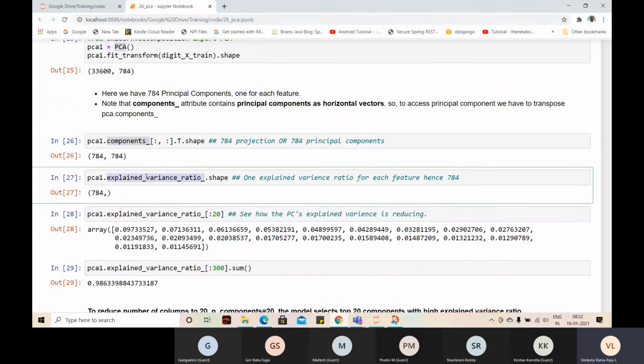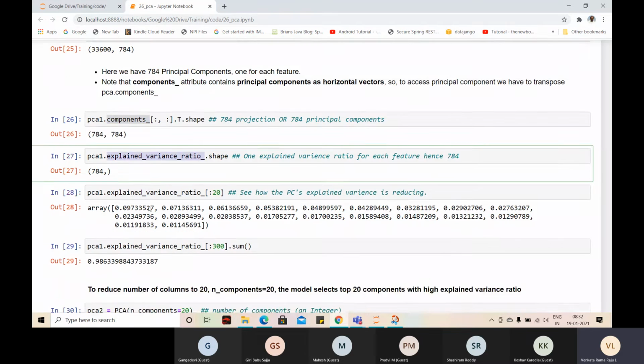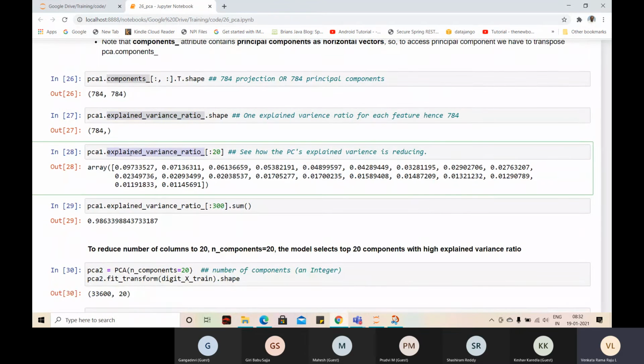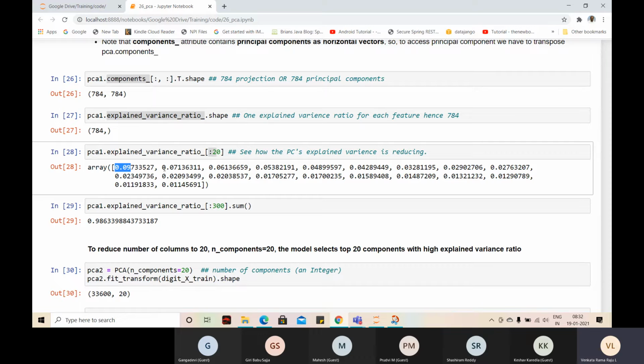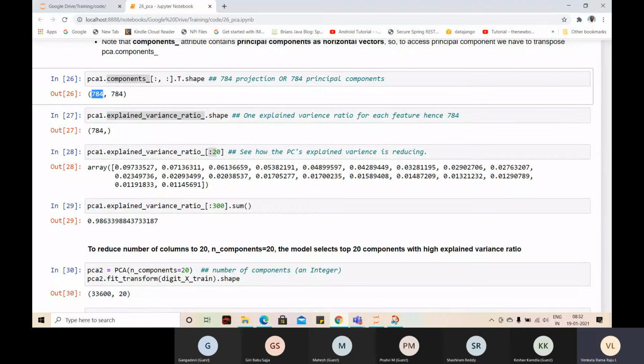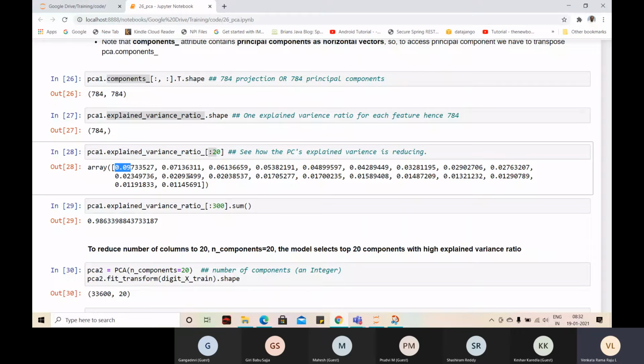And explained variance ratio underscore is the eigenvalues. See these eigenvalues? Only 10 I am looking at. There are 784 values. For each eigenvector, there is going to be an eigenvalue. And I said these eigenvalues are going to be in descending order. See this? 0.09, 0.07, 0.06, 0.05. The first eigenvector extracted 9% of the essence or 9% of the covariance or the multicollinearity,